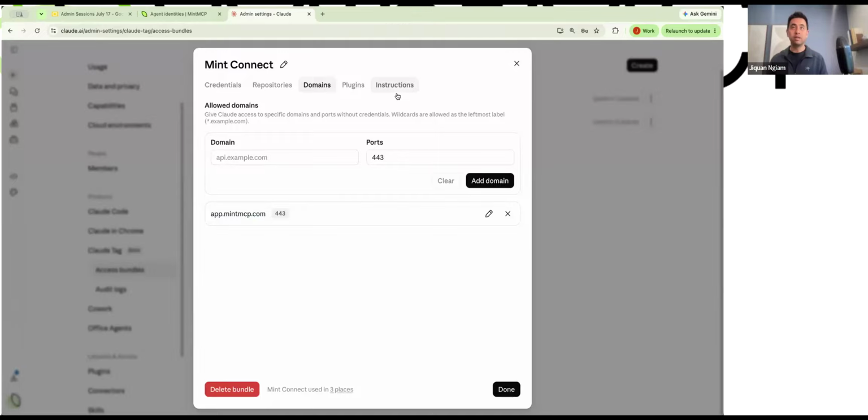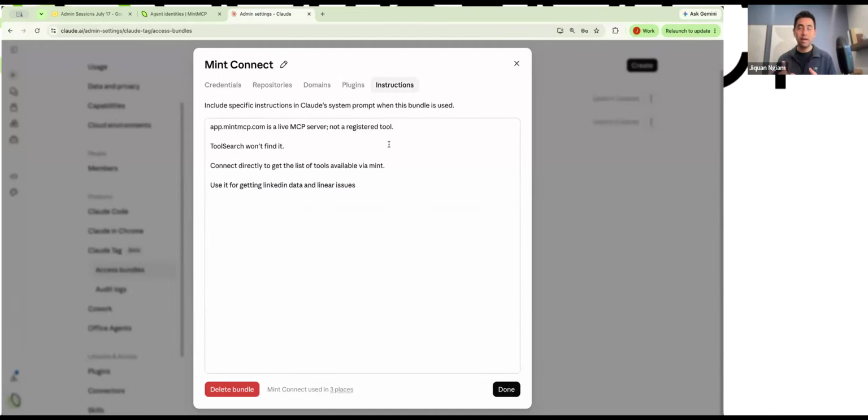And then finally, in the instructions, because of Claude Tag's preference to do direct API calls, you need to tell Claude Tag a little bit about how to use Mint. These are some of the instructions that we have in here, and giving these instructions helps Claude Tag understand a little more about the way it connects. All of these things are documented in our documentation. After this webinar, we'll be sending that to the channels so that you can look at it too. So don't worry about that.